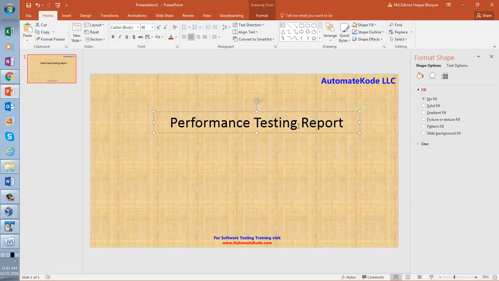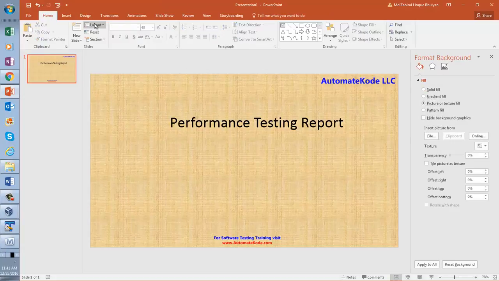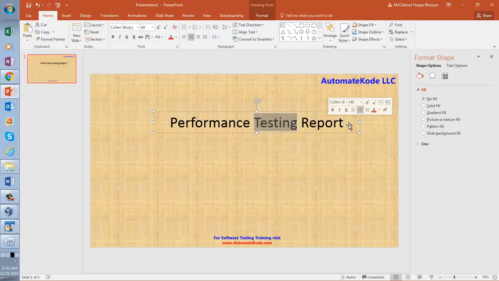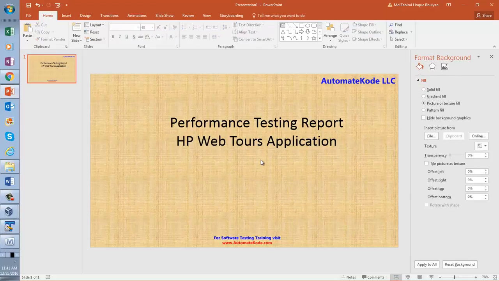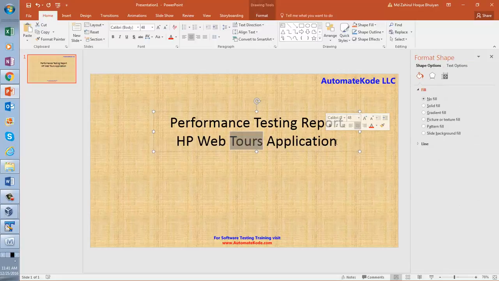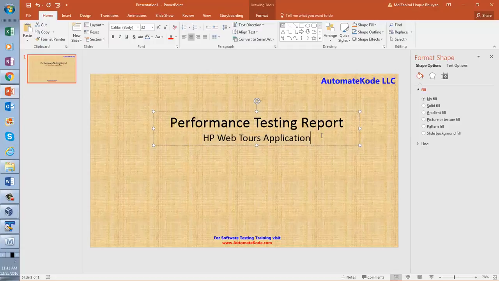Performance testing report, and what is the project name? I'm going to put the project name here as well. The project name is, let's say, HP Web Tools application.